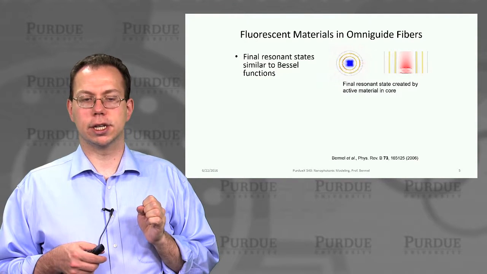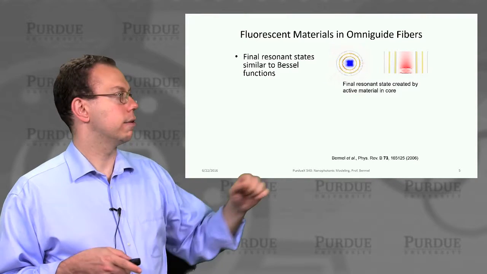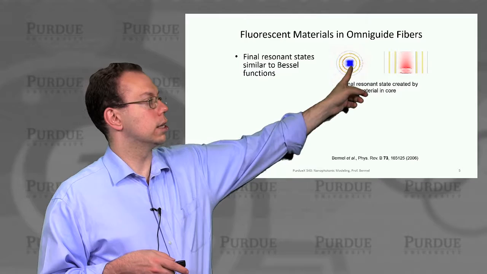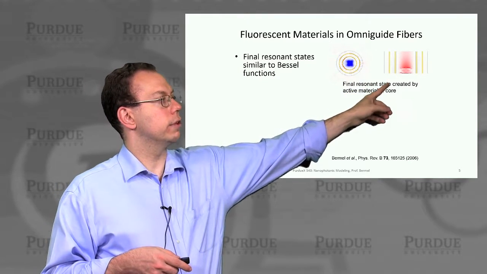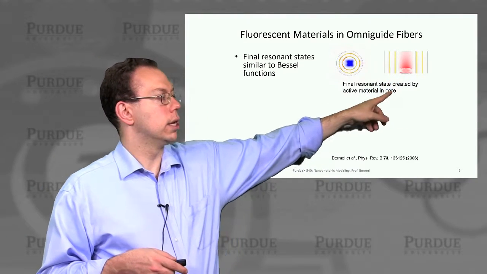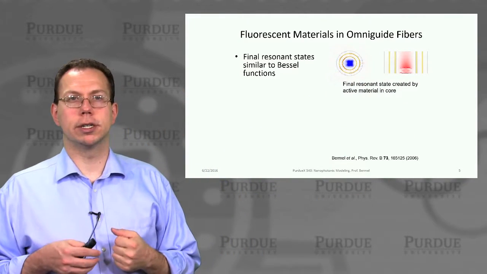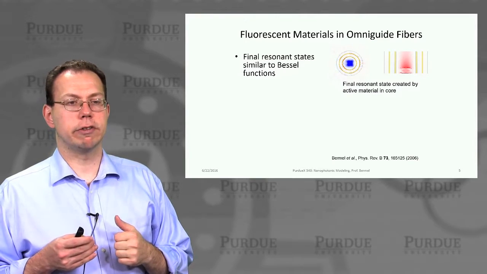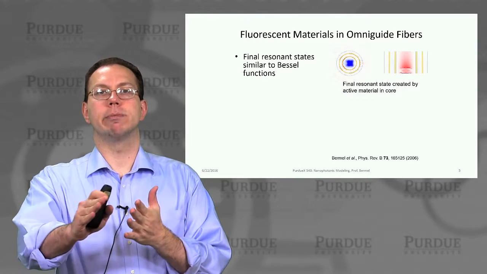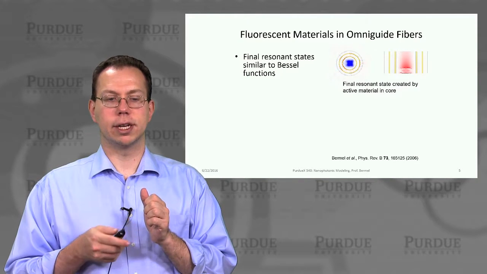These are like Bessel functions, and they decay in a radial fashion. In this case, they have azimuthal symmetry as you rotate around the cylinder, so in the theta direction. If you look at it from the side view, you can see that the active medium is in this corner on the bottom, and it emits right out of the active medium into the fiber, so it's coupling well into the fiber. That's a very nice feature for a fiber laser: you can pump from the side, so you don't need optical alignment, but you can have emission down the core of the fiber. That's very powerful for these kinds of fiber laser systems.